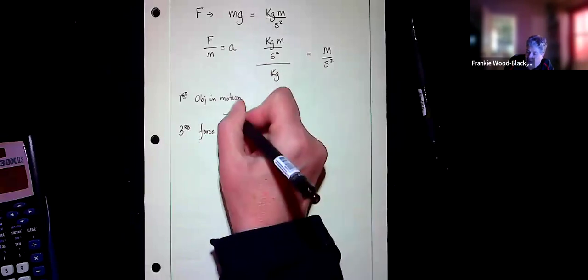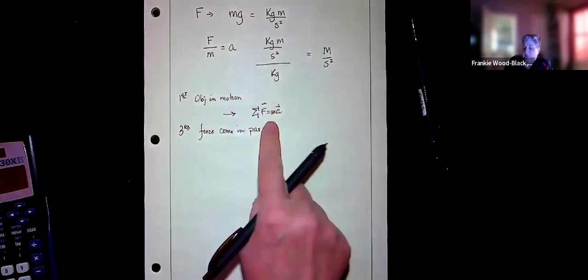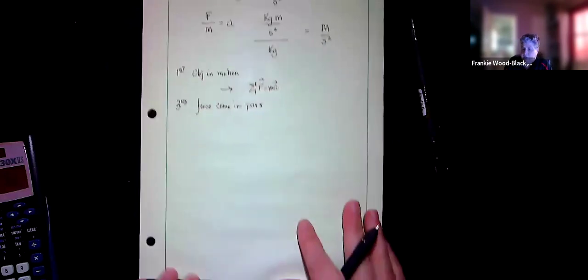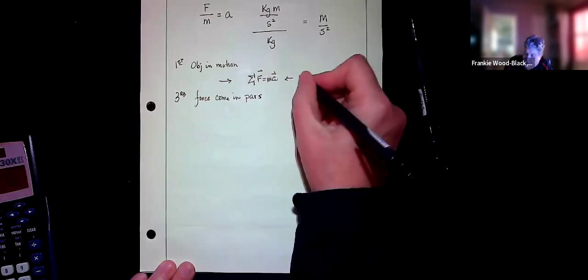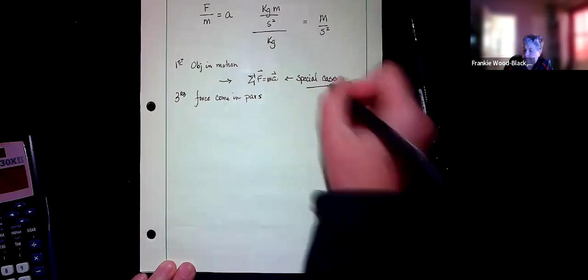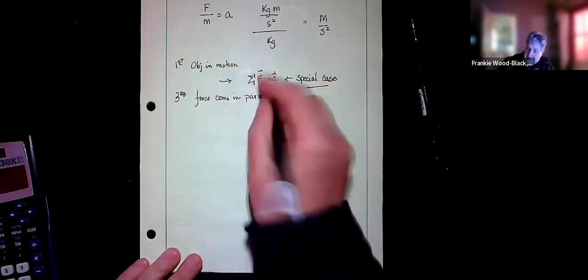And our Newton's second law, as we're going to use it, looks like this. And these are vector quantities. But let's stop and look at this a little differently, because I'm telling you that this is a special case. So what Newton really said, and we're going to come back to this after we do energy, so it'll probably be after spring break, is that